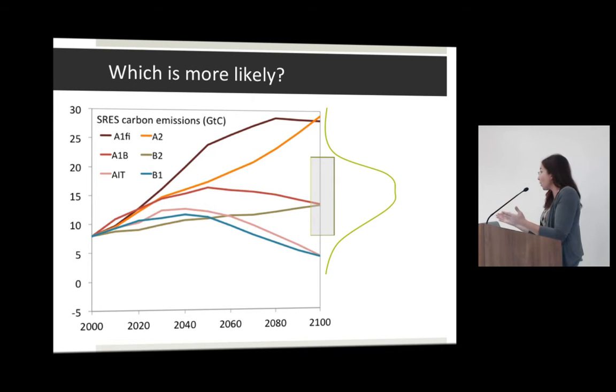And I just told you that with the climate models, right? You take all the climate models, you put them together, that's physical uncertainty. The most likely outcome is in the middle of the climate models. And now, when we look at scenarios, people say, okay, well, clearly the most likely outcome is in the middle of the scenarios too. But hang on a second. What type of uncertainty is this? Is this uncertainty in the physics, the chemistry, or the biology of the climate system we're looking at? No, it isn't. Where does this uncertainty come from?